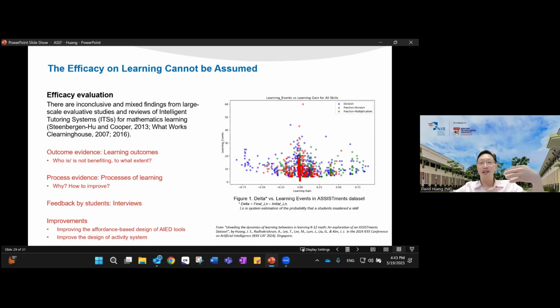And also to bring students' voice into this picture as well. What do students think? Do they feel bored or are they engaged? What are the designs, what are the improvements that can help them learn better, right? So therefore, it helps us to improve the design of the AIED tools. It helps us to design the whole activity system and help us improve maybe the implementation so that eventually our students will benefit from this